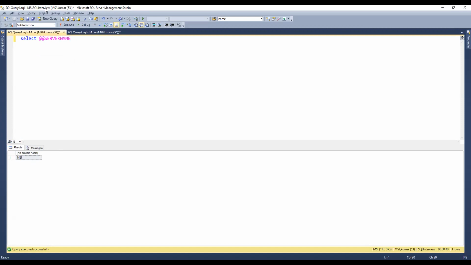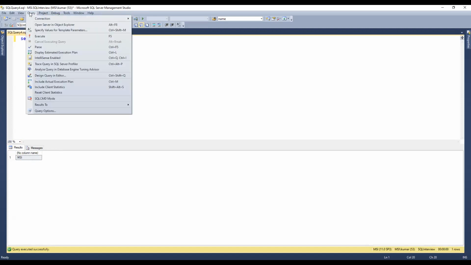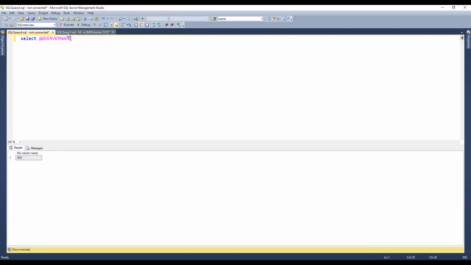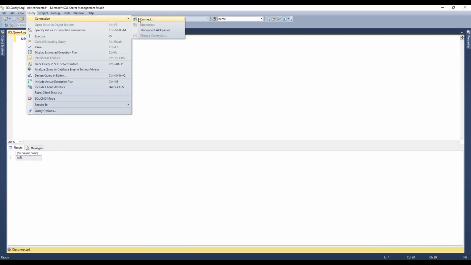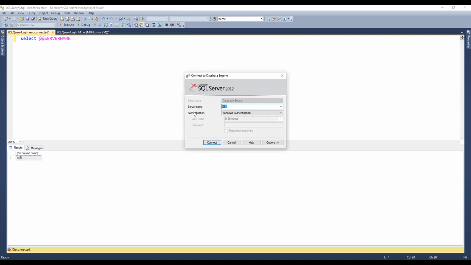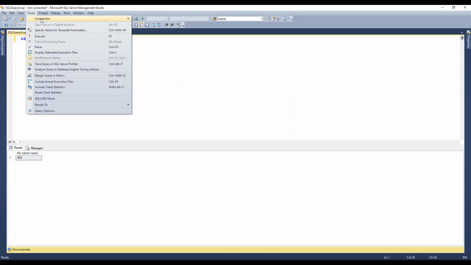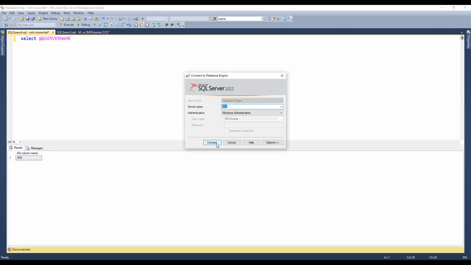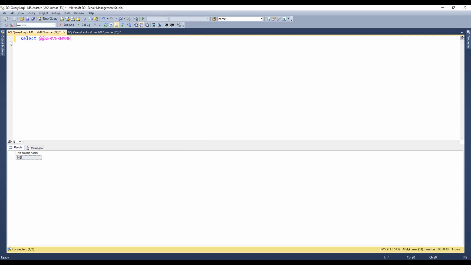Or the other way is that we can go to the query connection. Right now it's all connected, so I will disconnect, and if we go back and try to connect, you can get your server name here as well. Either way you can retrieve your server name, and the DB name will be here.